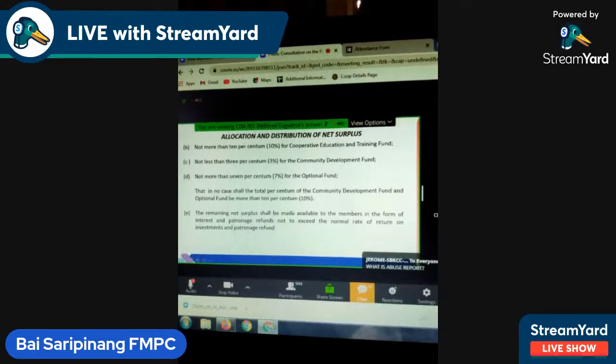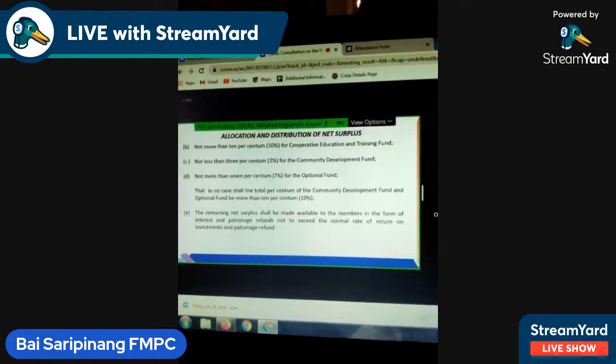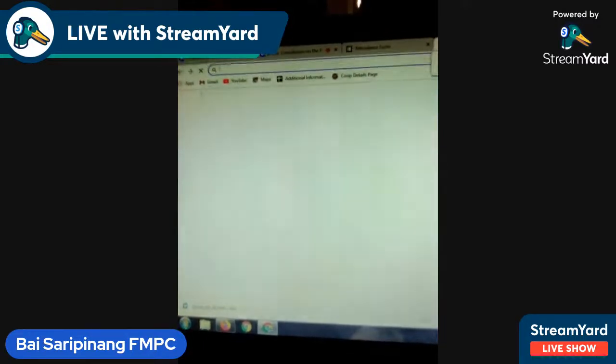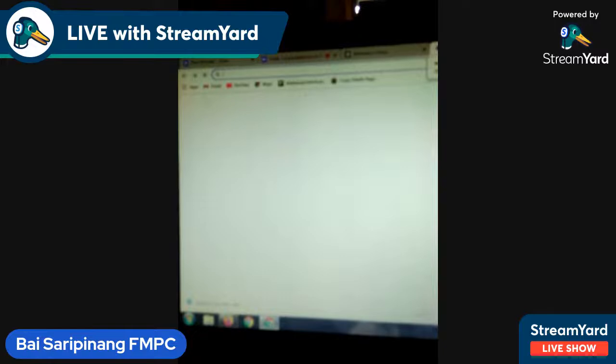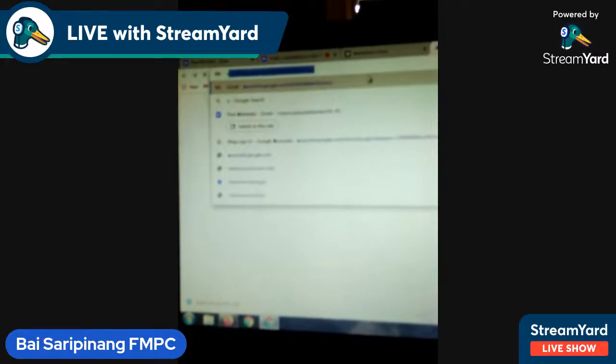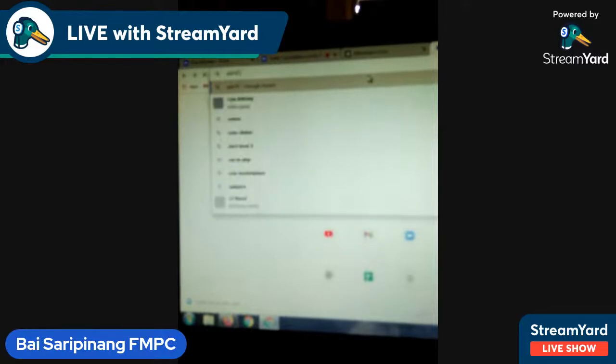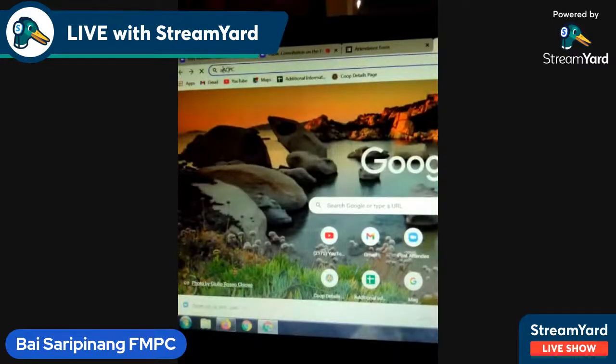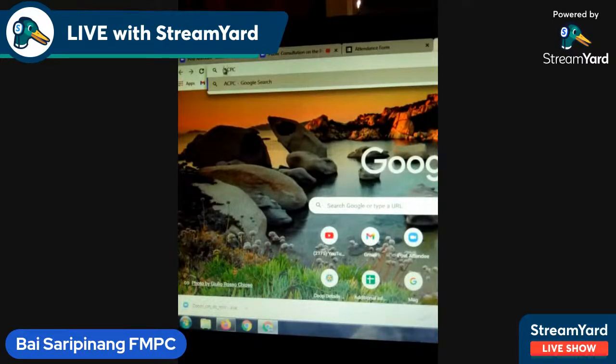And then, of course, for the co-op education and training fund, the maximum allocation is still 10%. For community development fund, not less than 3% pa rin siya. For optional fund, that's not more than 7%. Pero pagka pinagsama po natin, ang community development fund and optional fund is still, they should not exceed the 10% allocation. Kung babaguhin nyo man po, yung kanyang minimum or maximum allocation,